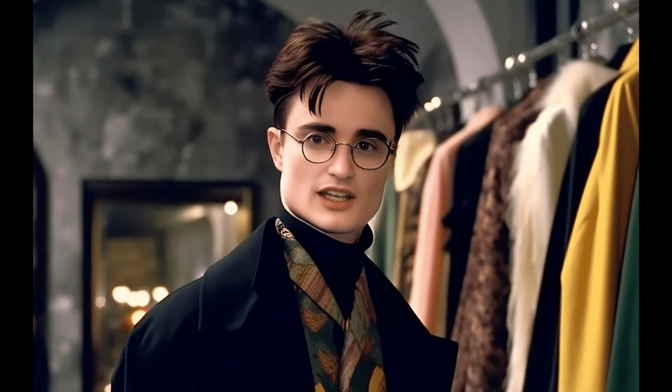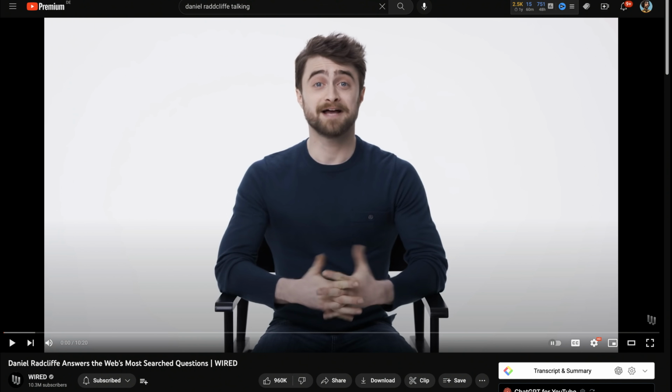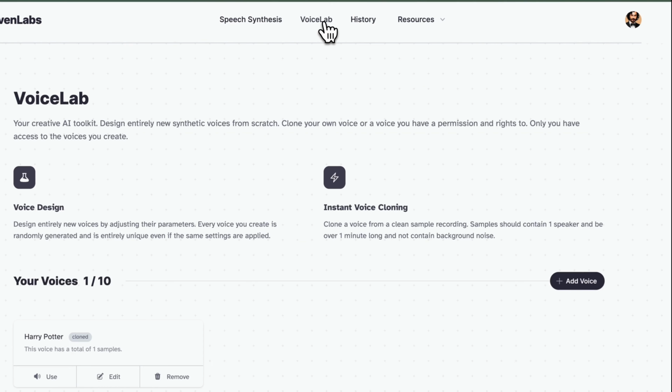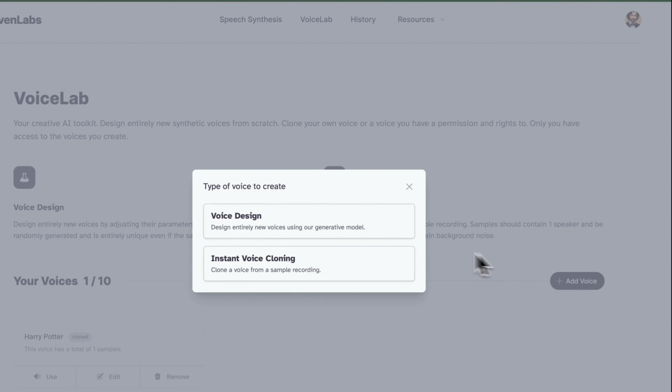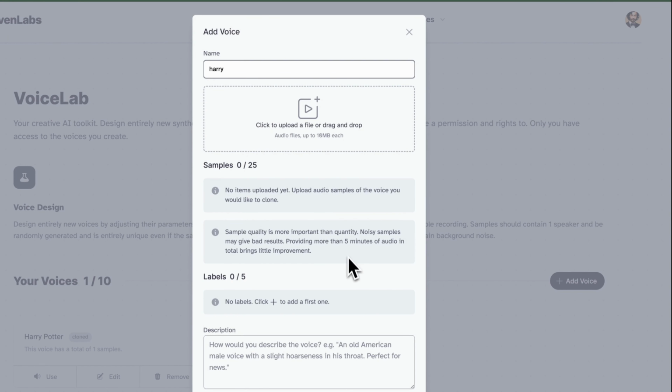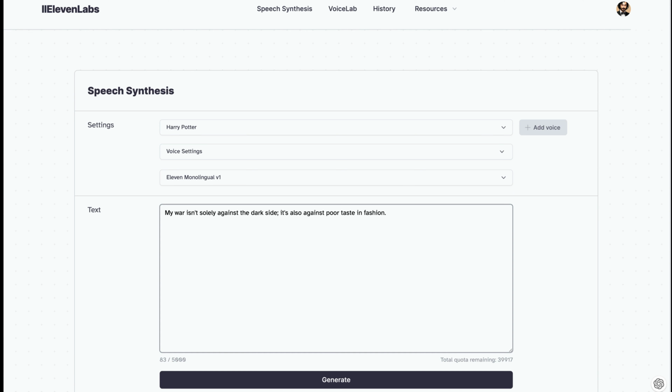Decide which characters will talk in the video. For instance, if you want Harry Potter to speak, find a high-quality video of Daniel Radcliffe's voice on YouTube. Download the video and then upload it to Elevenlabs. Use instant voice cloning and upload the video sample to create a new voice. Then head over to speech synthesis on Elevenlabs and type the words you wish to be spoken and download the generated